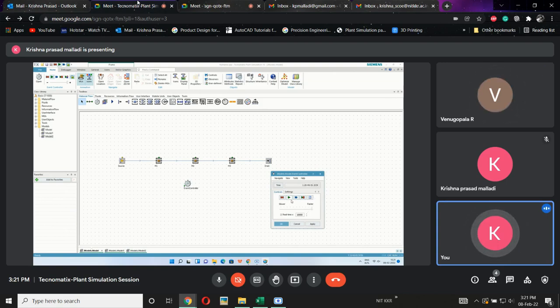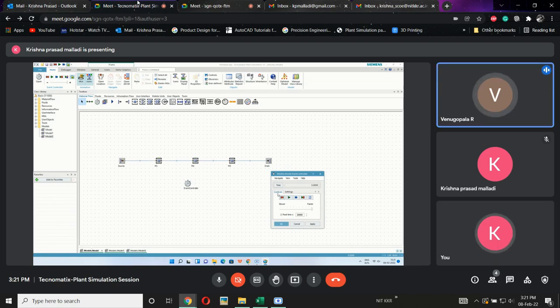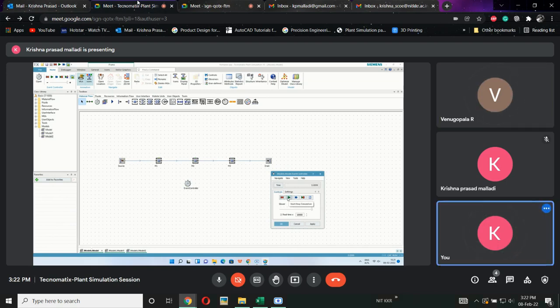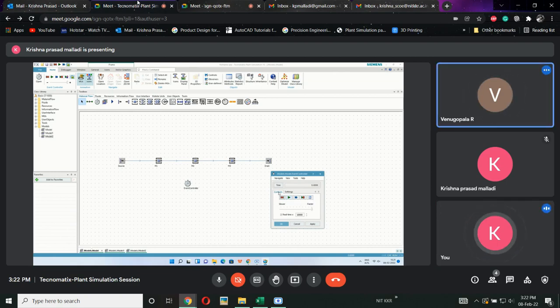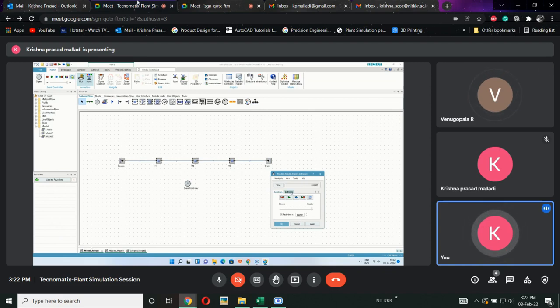Okay. I want to constrain that, whether I want to run the model for 3 hours or 4 hours. That is possible. For that I need to stop the simulation and reset it. So now 0 0. Once you stop, again we need to do a resetting. Okay. So after the control tab, there is a settings tab. So we need to enter into the settings tab. In that settings tab, there is a defined thing, date as well as end.